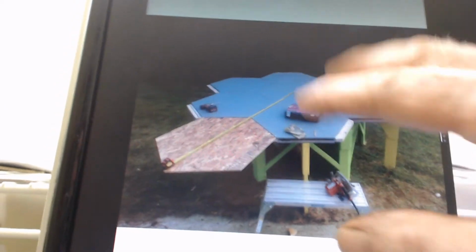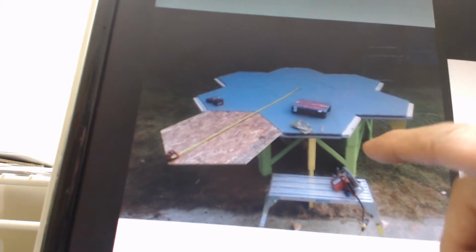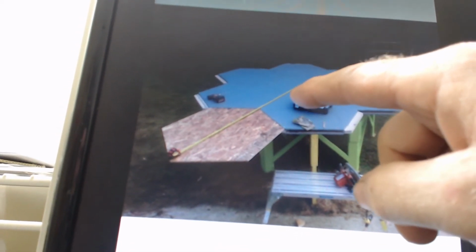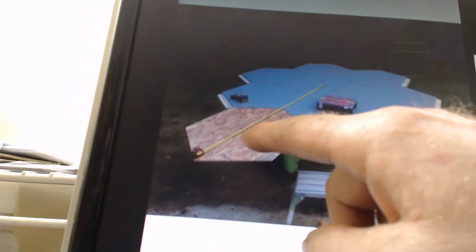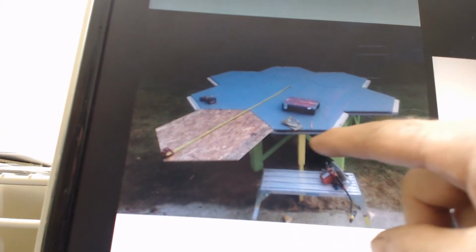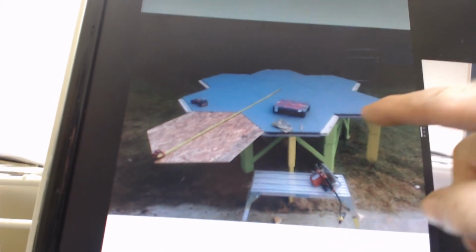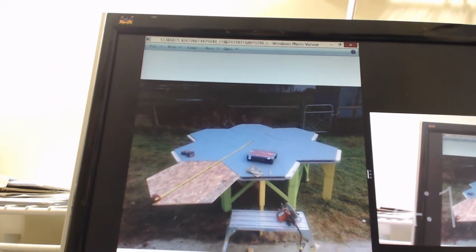So I'm going to go to this here, and this is what it looks like set up. So just imagine this elevated platform with the dome over top. This one here, if you go to the center where the tape is, count out 2 feet and 2 feet there and 2 feet here. So you come to the center of this one. That would give you a 12-foot diameter, and you'd finish off this 12-foot diameter by putting in 6 diamonds all the way around. So that gives you a 12-foot diameter